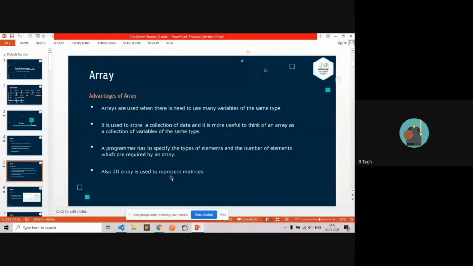So there are two or three kinds of arrays. To understand those types, you must first understand what an array is in programming.